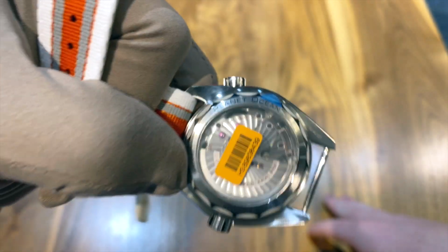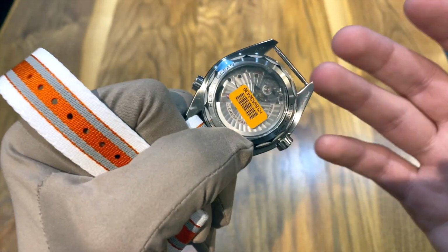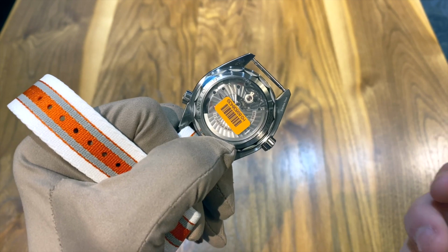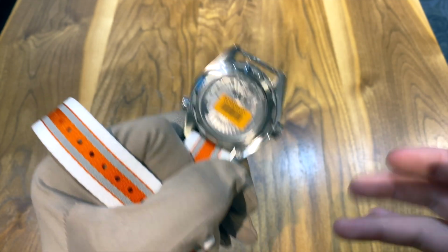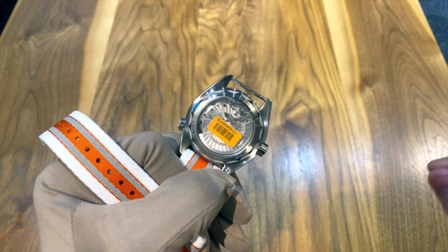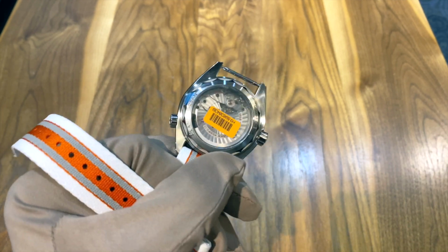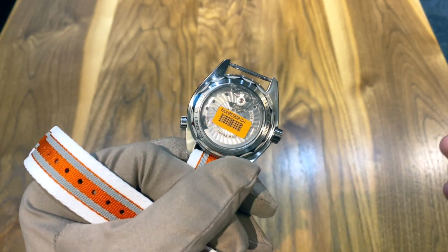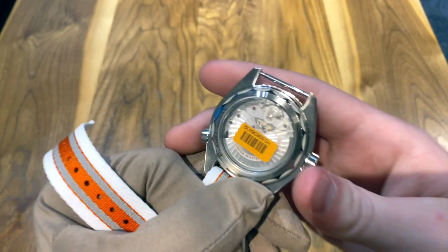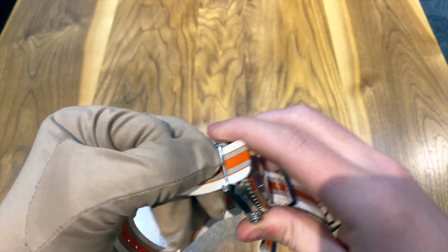I really love the clear case backs on a watch. Some people don't like clear case backs because they like to see watches stay back, I guess, to the vintage days, and really only want a clear case back if it's so highly finished like a Patek Philippe or a Lange. But I really like to see all watches include clear case backs, just because it gets people that aren't interested in watches interested in watches just by seeing the mechanics, and two, I just think it's very